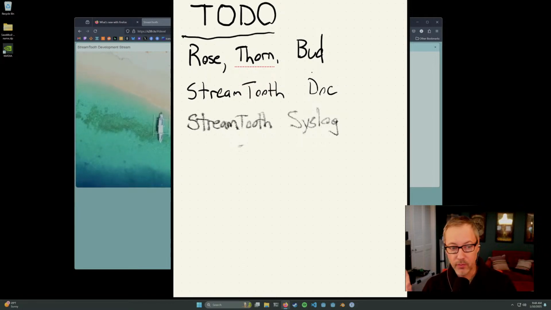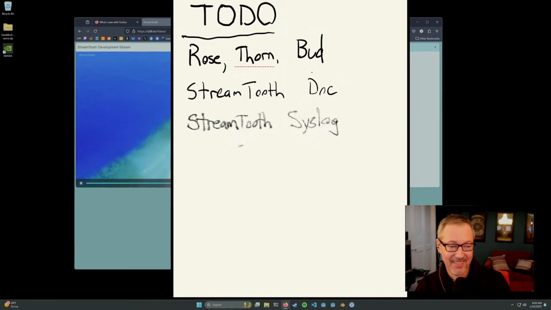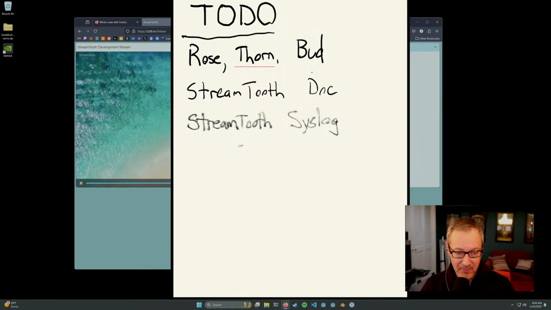It's kind of a proof of concept that I can have this dev environment and this production environment running in parallel. Seems okay. It's kind of crazy. I'm streaming on Streamtooth and then broadcasting that stream on Streamtooth, and that's pretty fun.